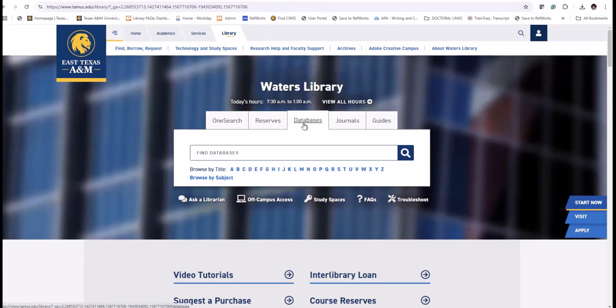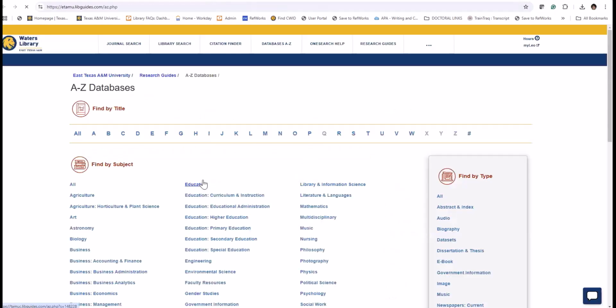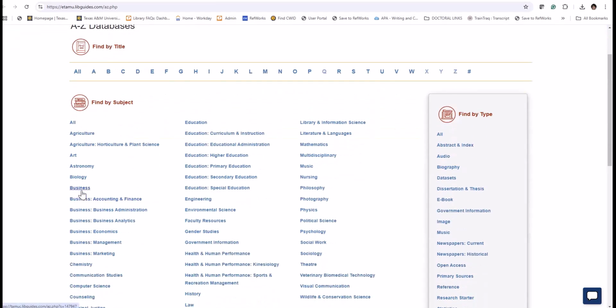As soon as we click on databases, we see alphabet letters that show the organization of databases by alphabet. And also we can browse by subject and click on the subject area of our research. So for today, I'm going to click on business.